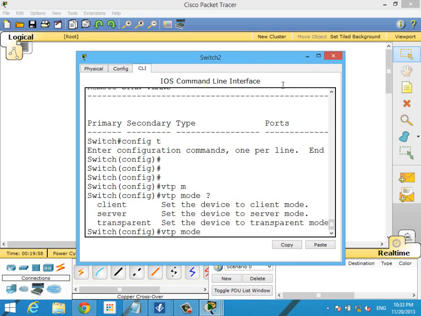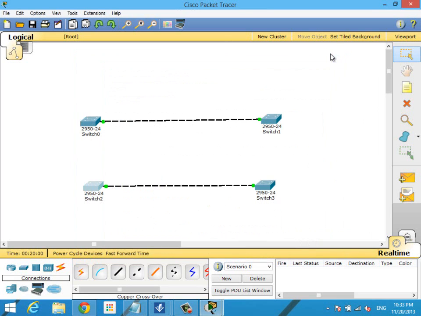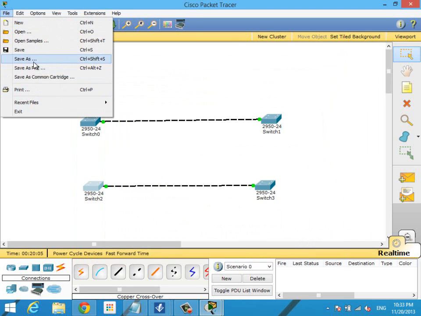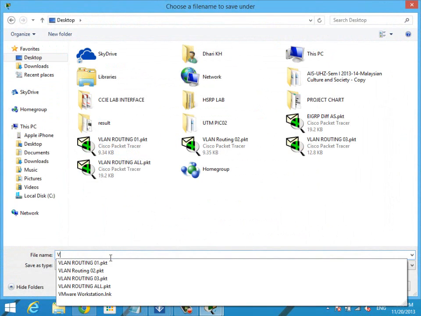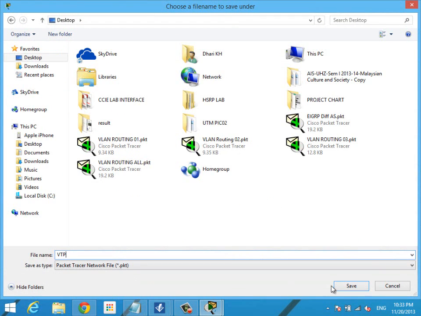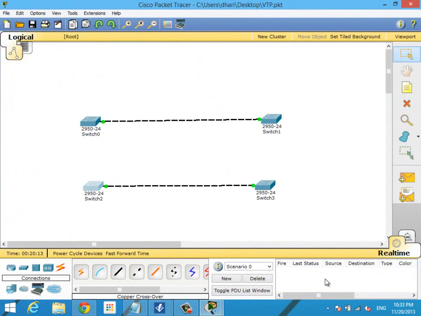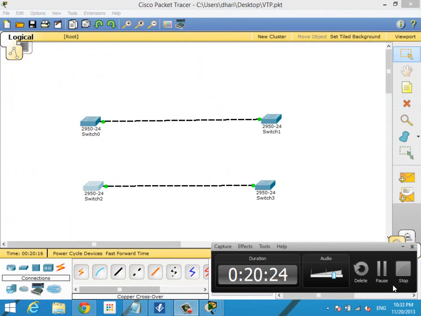This is the idea for the VTP server and client. Also, I will save this configuration for you in this topic, VTP. So we stop the